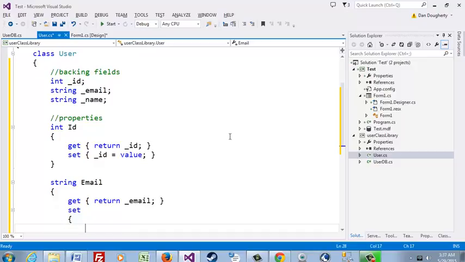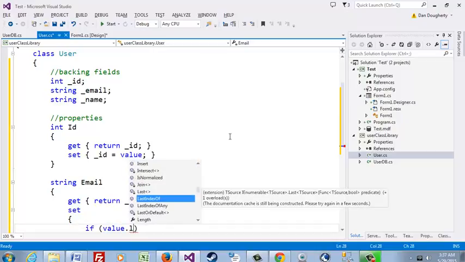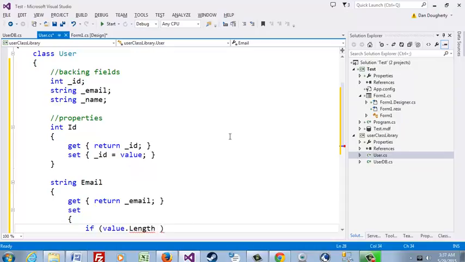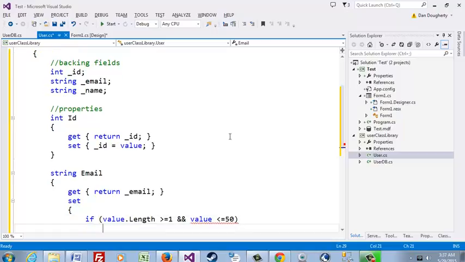We're going to check to be sure that the value coming in is at least 1 and no more than 50, because remember we set this up as an nvarchar field of length 50, and we required it in our database. So if value.Length is in that range,